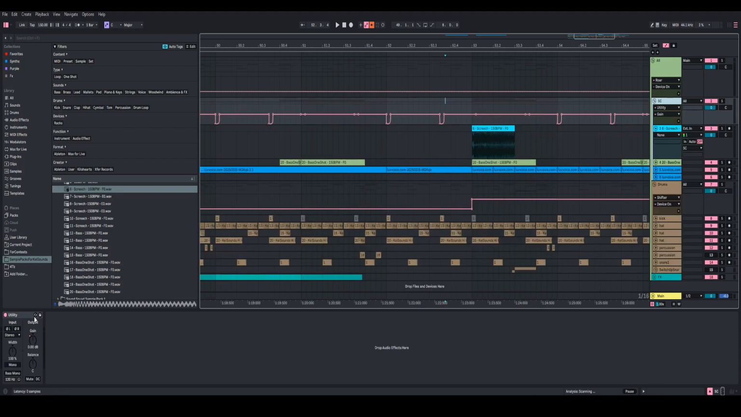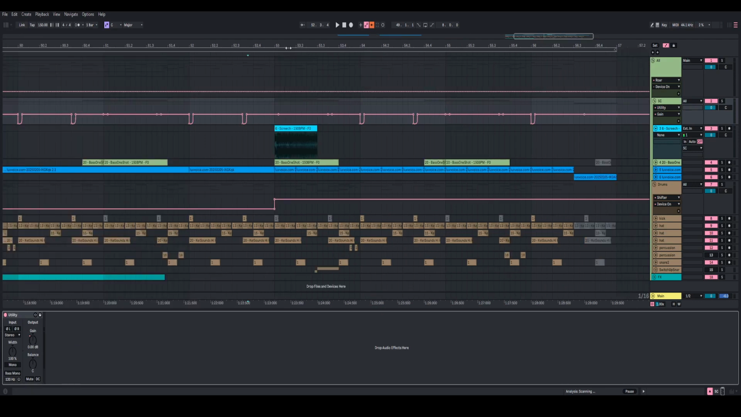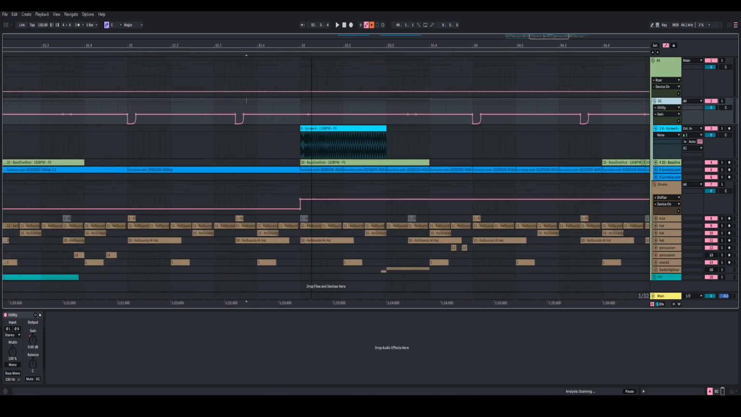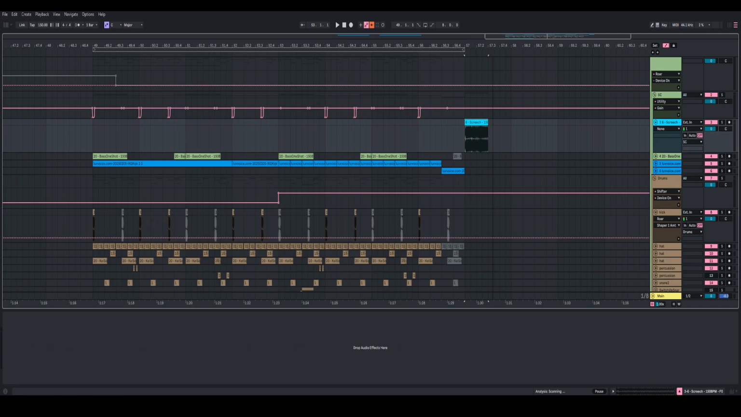Oh, for this sidechain group, I actually just used a utility and ducked down the gain. I don't have like a plugin that I use. I just like to use gain utility, just because it's easier to see the samples when I'm ducking the automation and volume. But yeah, maybe for the